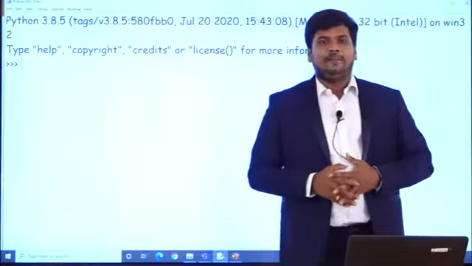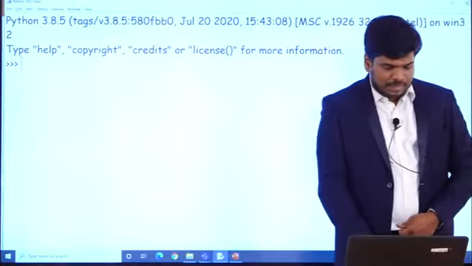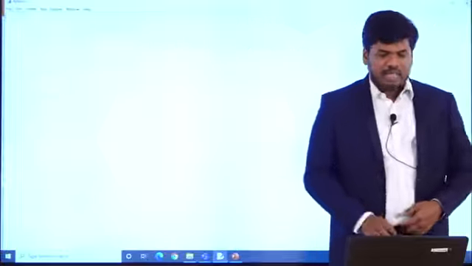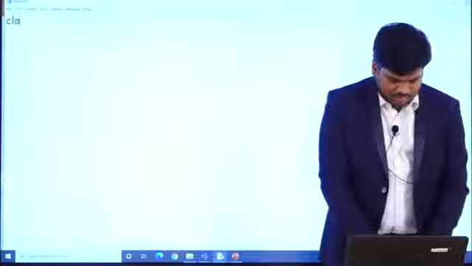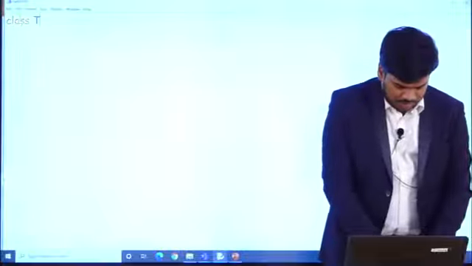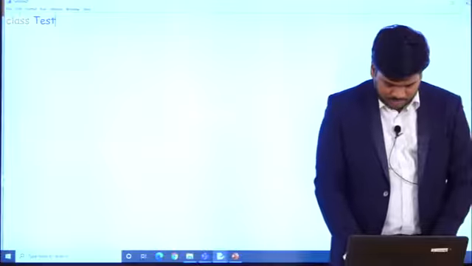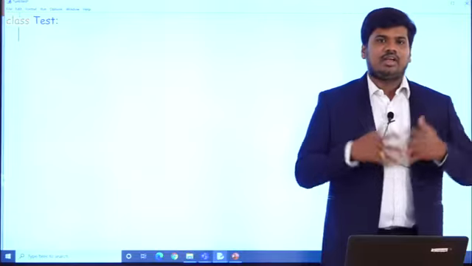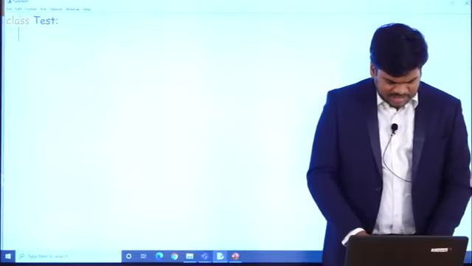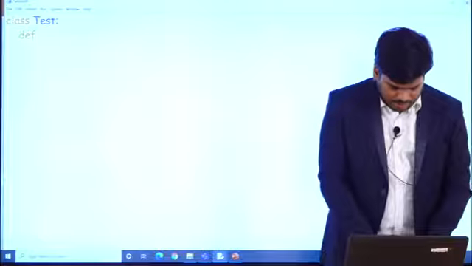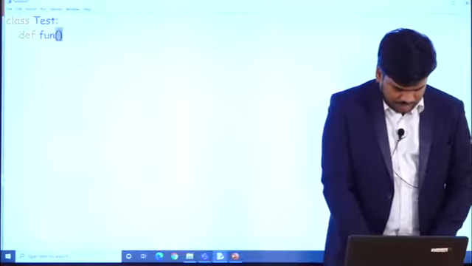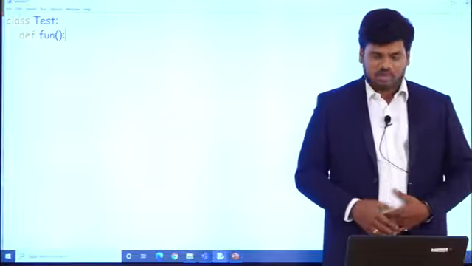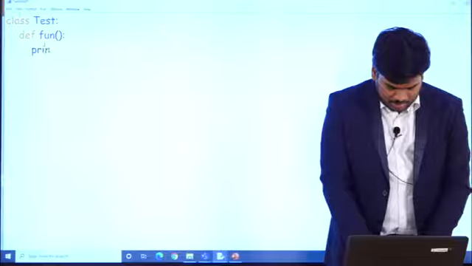So this is the Python interpreter. In my Python interpreter, I have opened a new file. Here I am writing my program: class Test, colon. Since it consists of a block of statements, a colon is a must here. Next, def of function. I have declared one function, and since this function consists of a block of statements, again I am using a colon, followed by print of